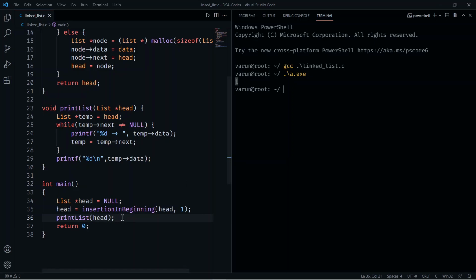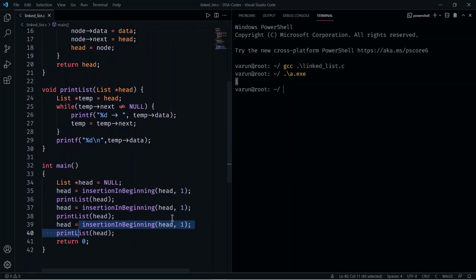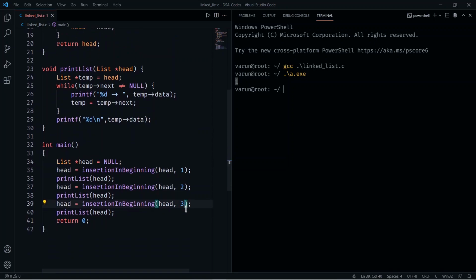We can also check for others as well, like if I do this 3, then what it should print is 3, then 2, then 1, because first of all 1 is inserted, then 2 is inserted in the beginning, that is before 1, then 3 is inserted before 2. So let's check this as well.